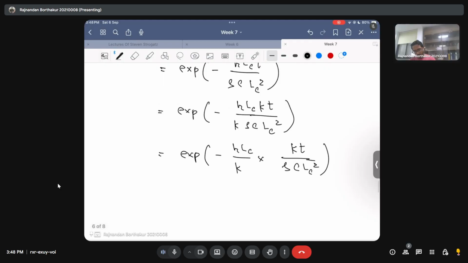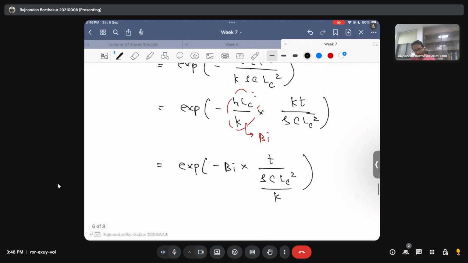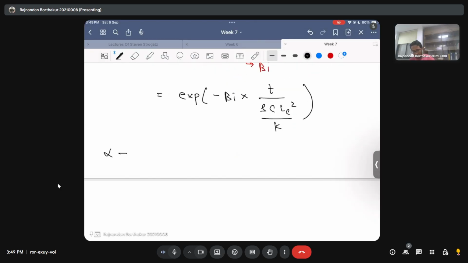Okay, and then you can infer that this is nothing but our Biot number. So then this becomes exponent of minus Biot number times this thing. I will write it as T by rho C LC square by K. Okay, where now we have a parameter which is known as the thermal diffusivity, and it is denoted by alpha. So this alpha is known as thermal diffusivity,